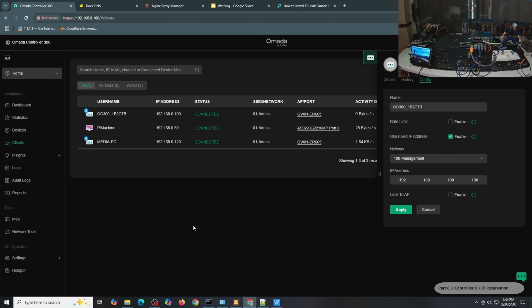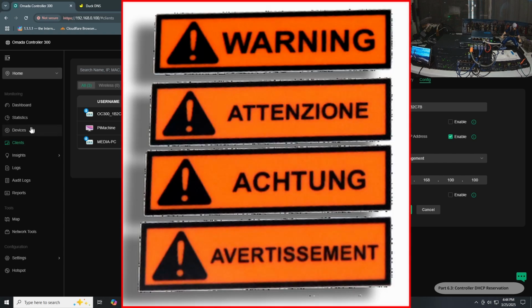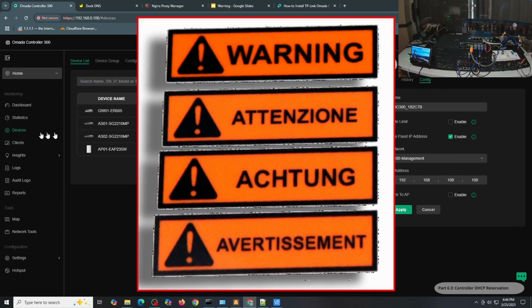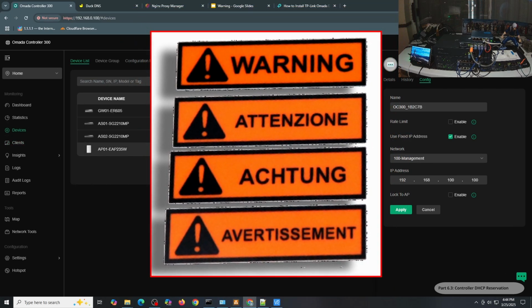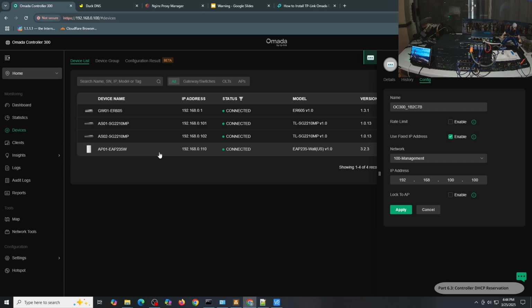The next step is very crucial because this time you're going to configure your network devices. So devices, and as is usual for my videos, I always configure my devices, especially if it's going to affect multiple devices, based on how far they are relative to the gateway. So the access point is the farthest device from the gateway, so the access point will be the one that I'm going to configure first. Also, the access point configuration is a little bit different versus the switch, so make sure to watch both the configuration for the access point and the configuration for the access switch.